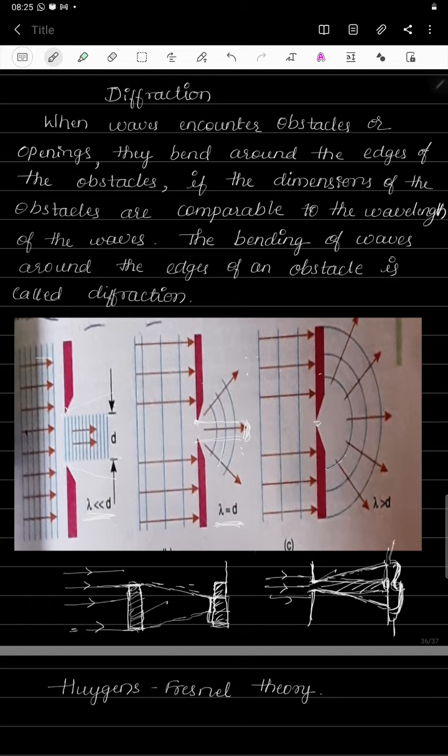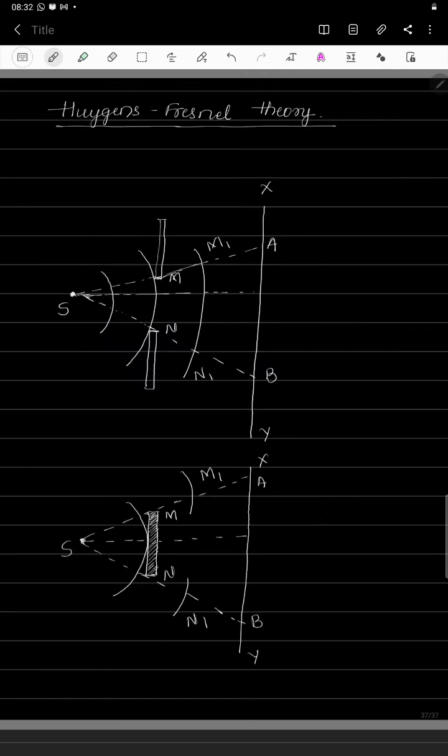After this, for all the cases the diffraction will be noticeable, but the distance at which we keep the screen is going to change. So this is regarding the basics of diffraction. Next we will move towards the Huygens-Fresnel theory. In the PUC you have studied what the Huygens wave theory states. So I will just recall that.